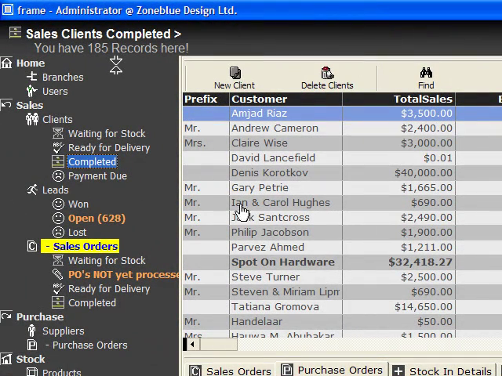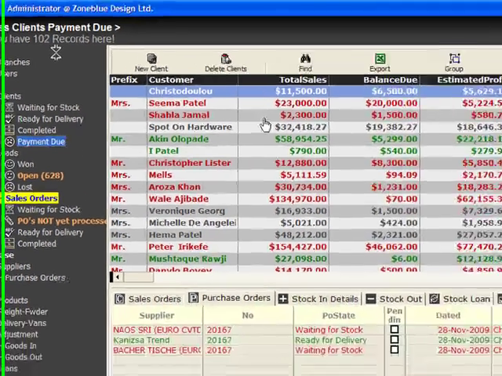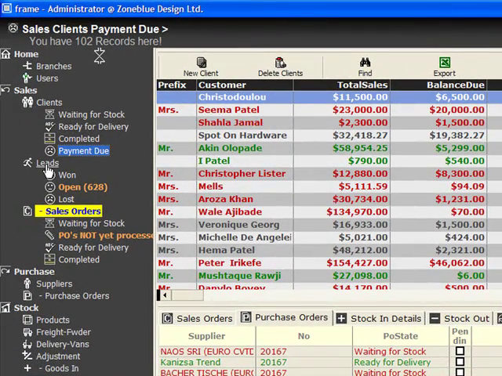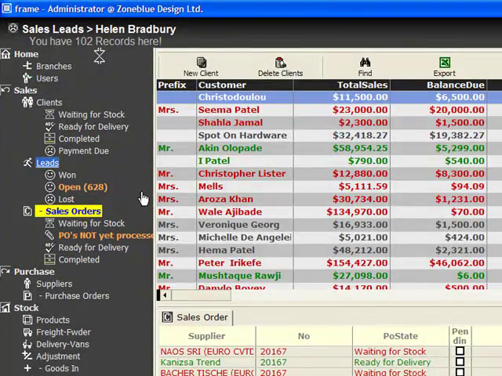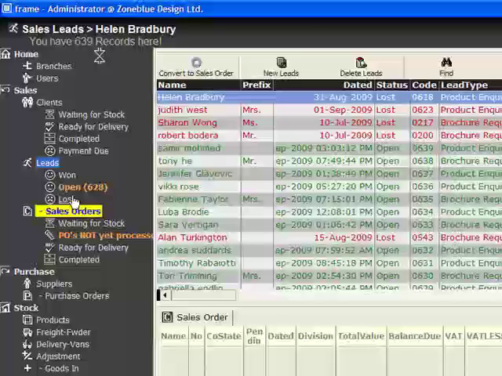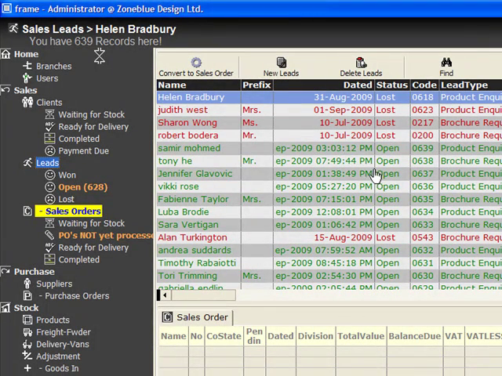Just by looking, you can realize that green means ready for delivery, red means waiting for stock, payment due means, I think, it's bold. So you can see whatever is in bold are the ones you have. So basically the cycle starts from here with leads. So all these are the leads, again, open, open, lost. So all the leads that come in from the website come in here, and then they can be open, lost, or